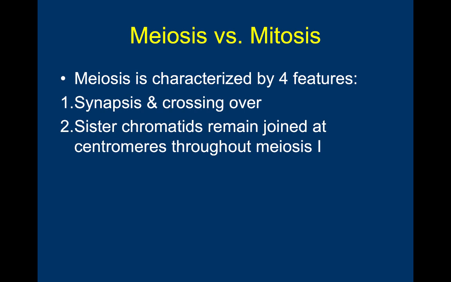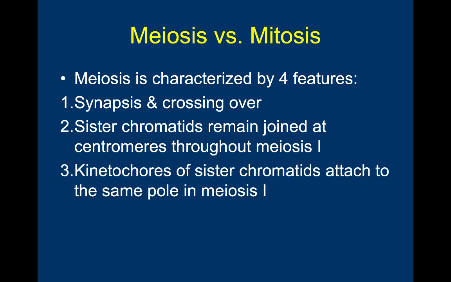We also have the fact that sister chromatids remain together throughout the entire process of meiosis 1. In mitosis, the sister chromatids are separated as part of the goal of mitosis. Same thing with meiosis 2. Sister chromatids are separated. But for meiosis 1, the sister chromatids remain together throughout the entire process of the first